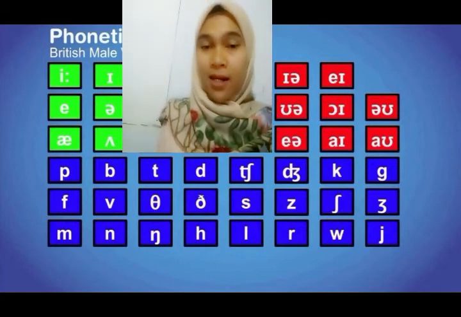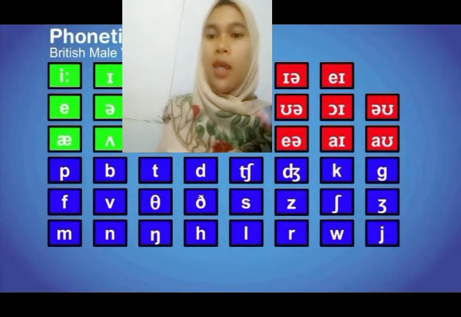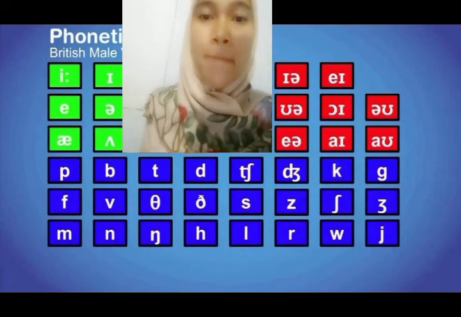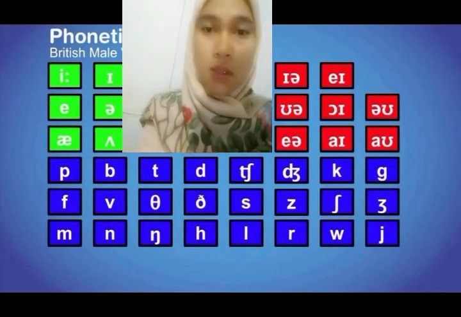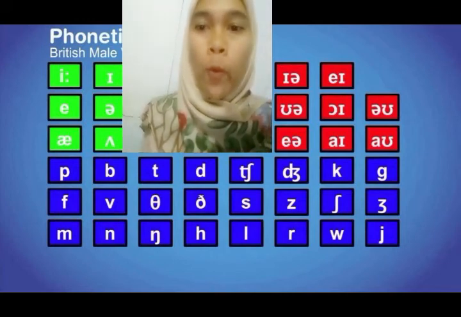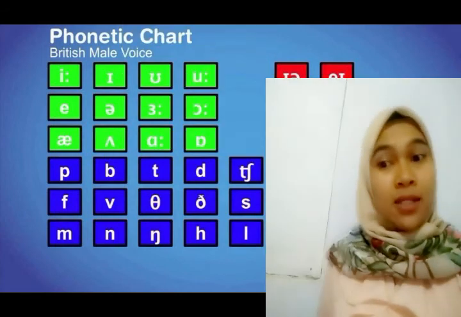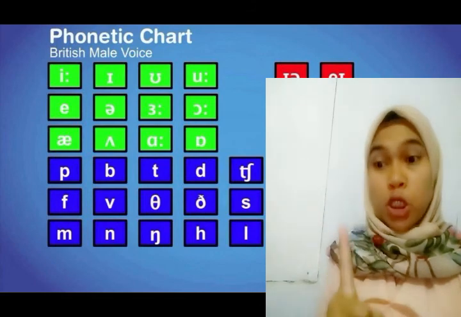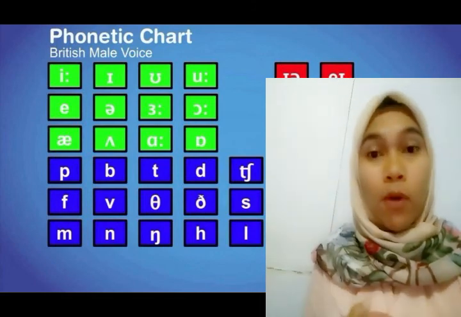Finally, in the bottom we have the single consonants. Okay, so you can see now that the phonetic chart is not just a random collection of symbols,